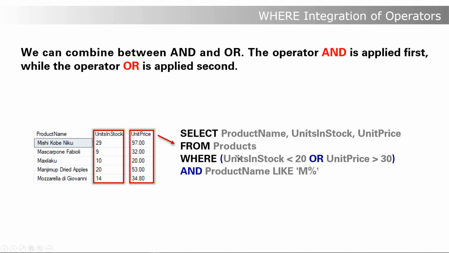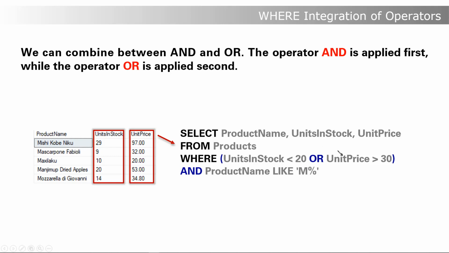After that, if we look at and, we see that this condition is also true. We have a product name that starts with M. Also in the second row, we have the product name starting with M, so it's true, and